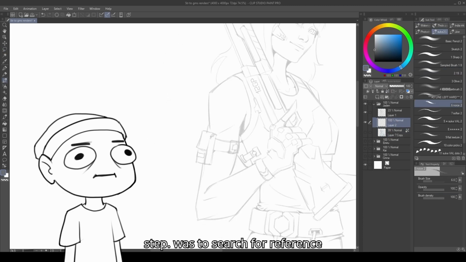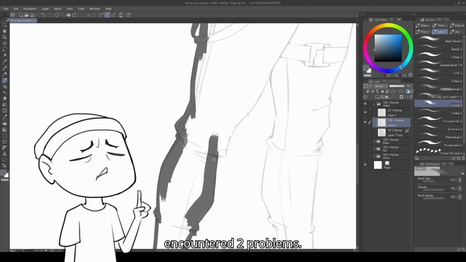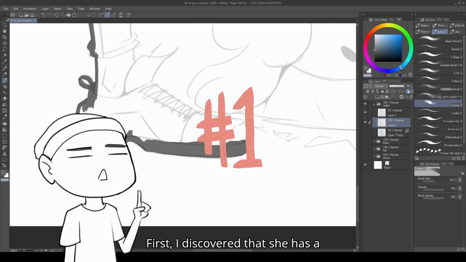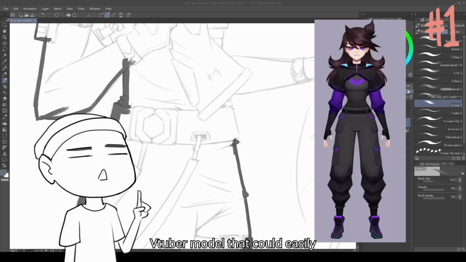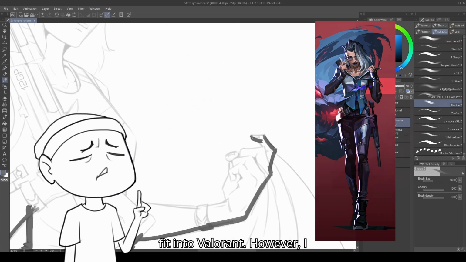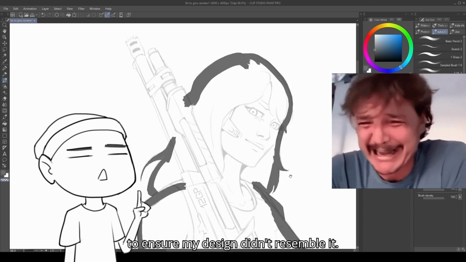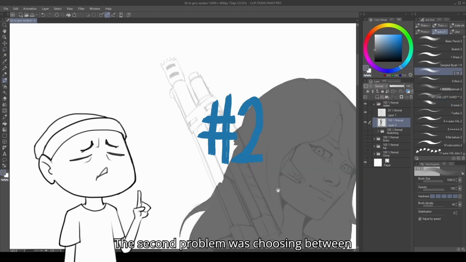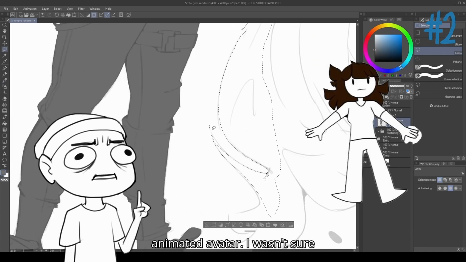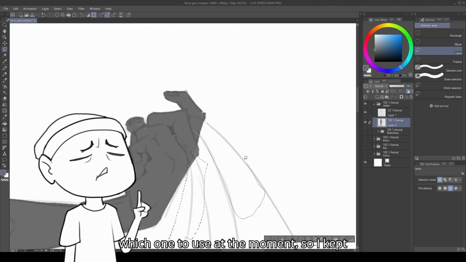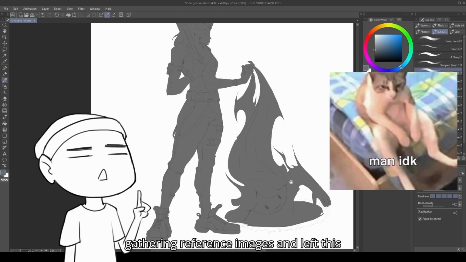The first step was to search for reference pictures of her. Here I encountered 2 problems. First, I discovered that she has a VTuber model that could easily fit into Valorant. However, I decided to ignore this model entirely to ensure my design didn't resemble it. The second problem was choosing between her real-life appearance and her animated avatar. I wasn't sure which one to use at the moment, so I kept gathering reference images and left this decision